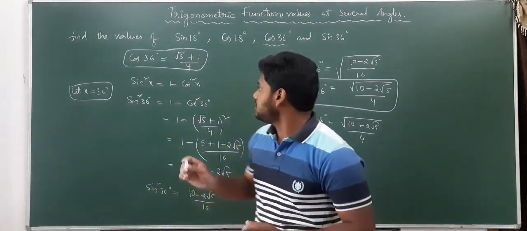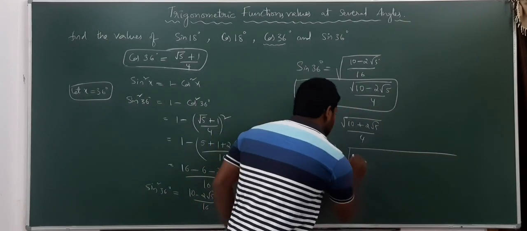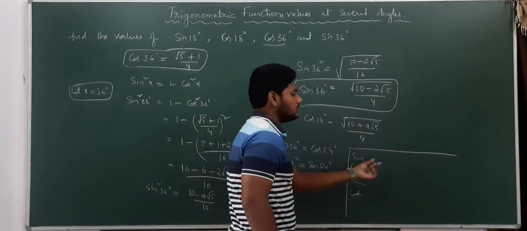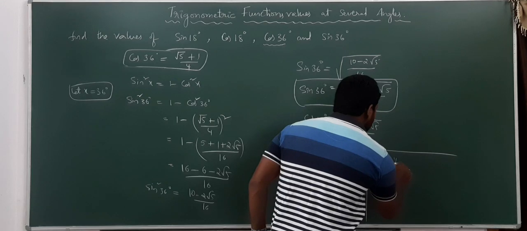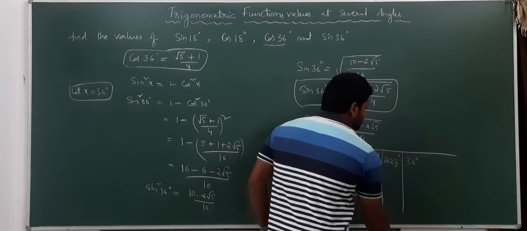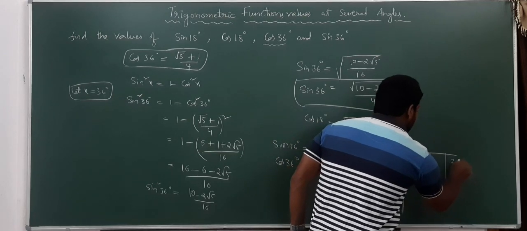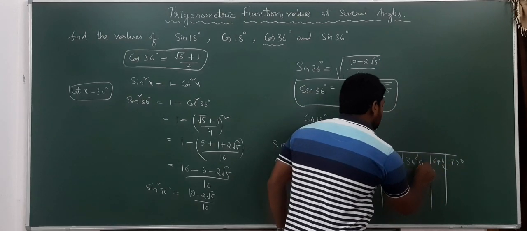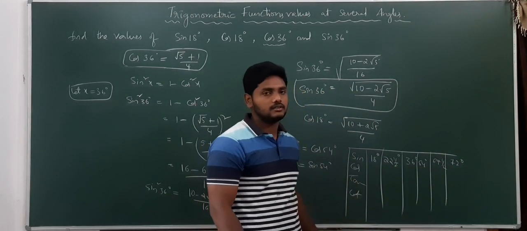Again, the assignment for today for you is to construct a table in which you need to include all trigonometric values like sin, cos, tan, cot and all those. The angle values are 18 degrees, next 22.5 degrees, next 36 degrees. These three you need to write. If you write these three, sin 18 is also equal to cos 72 degrees, you can find. And 22.5 degrees gives 67.5 degrees. And again 54 degrees. See, these angle values for all 6 trigonometric functions I need.